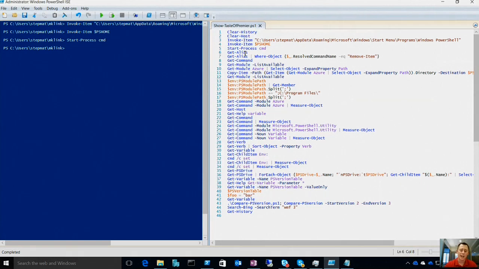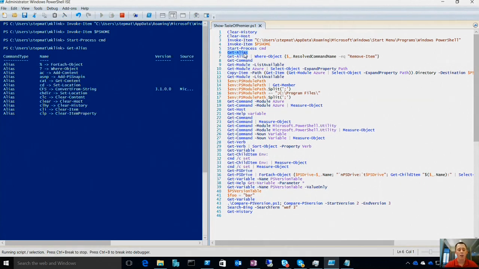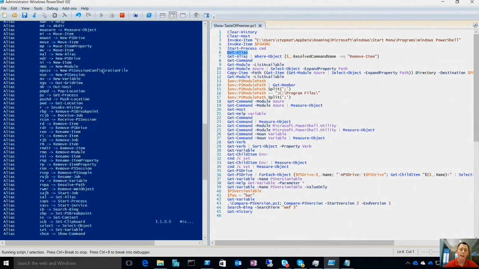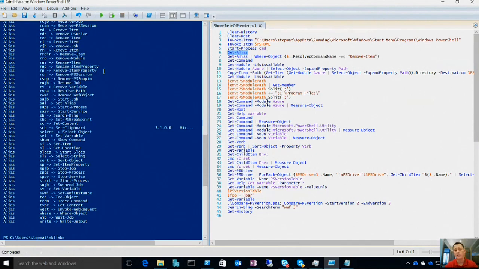What that is, is actually an alias, and the aliases are how you're going to find out what commandlets to start using to replace your old DOS commands. So